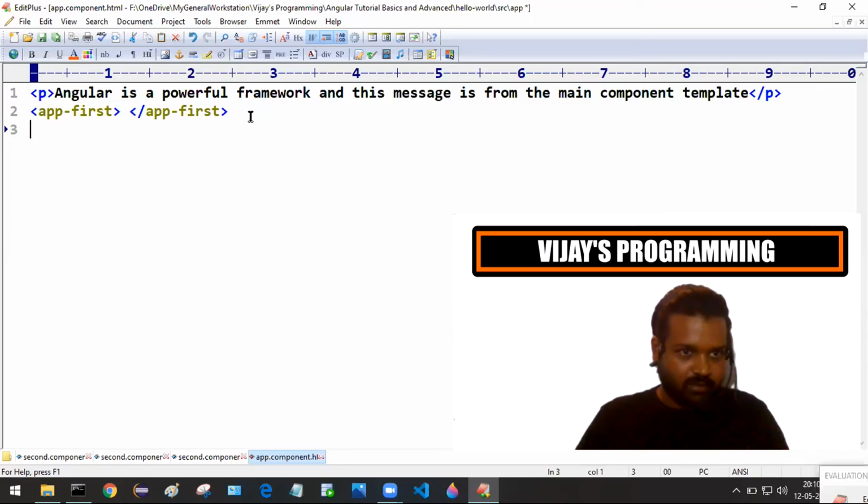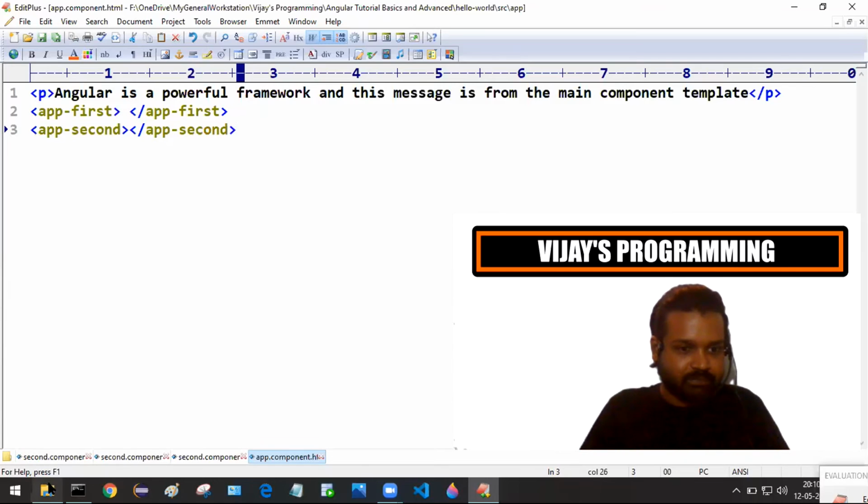The second one we are using is app-second, whatever you copied from the selector section of the second.component.ts file. You just need to keep it in the form of a tag, opening and closing tag. Save it, don't forget to save.